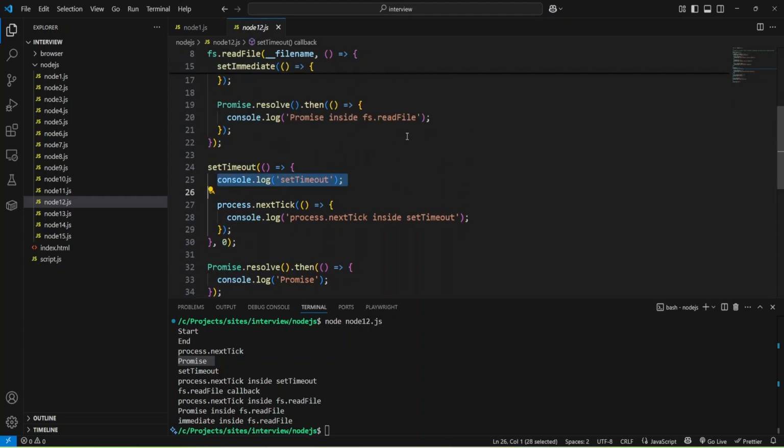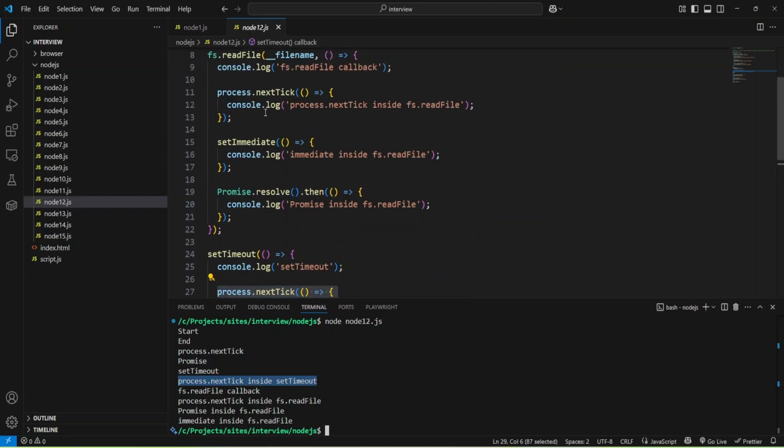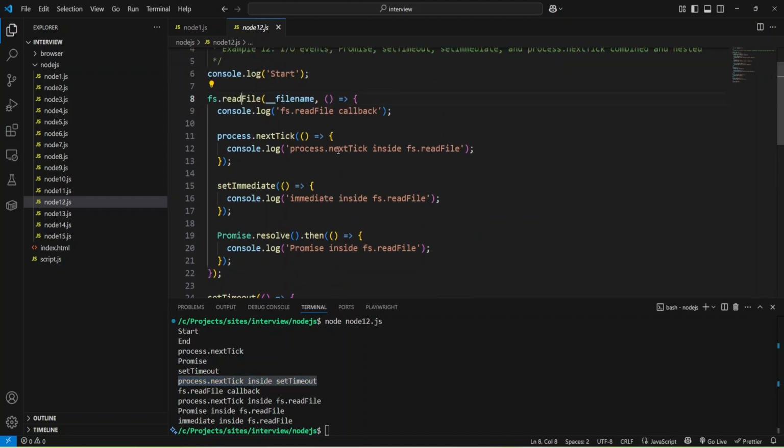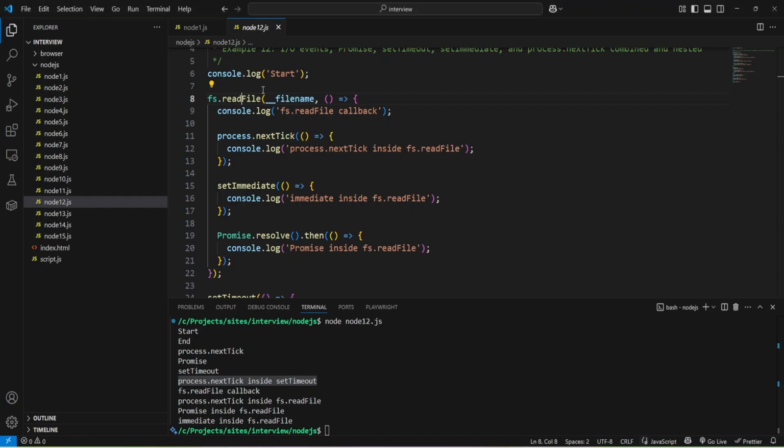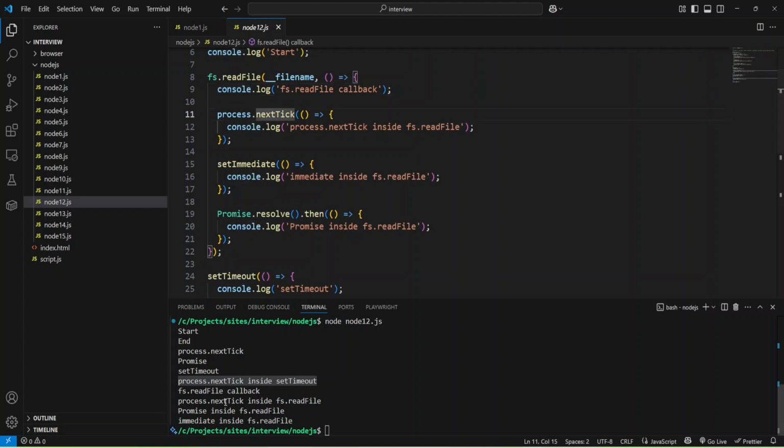And as you can see, this time we have process next tick here, and it was executed before read file, and only then all phases were executed, and we have console log read file callback, and then next tick.